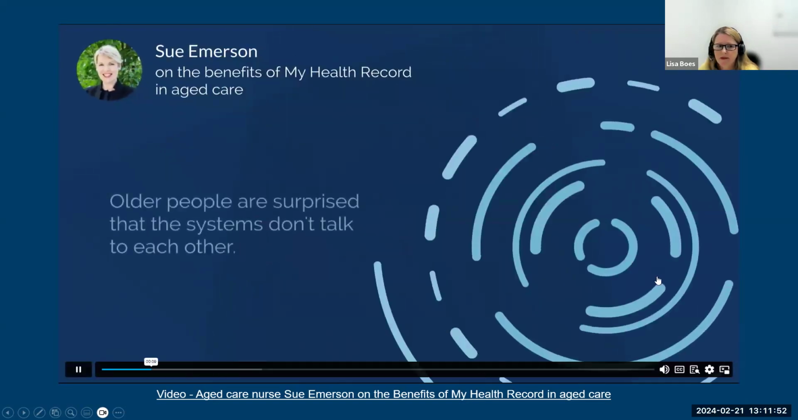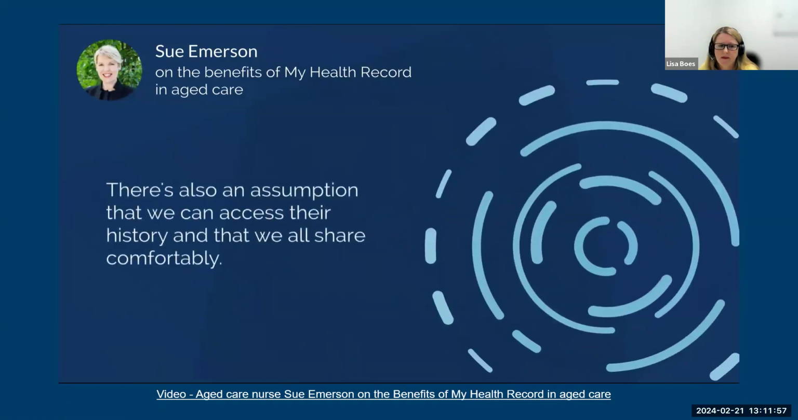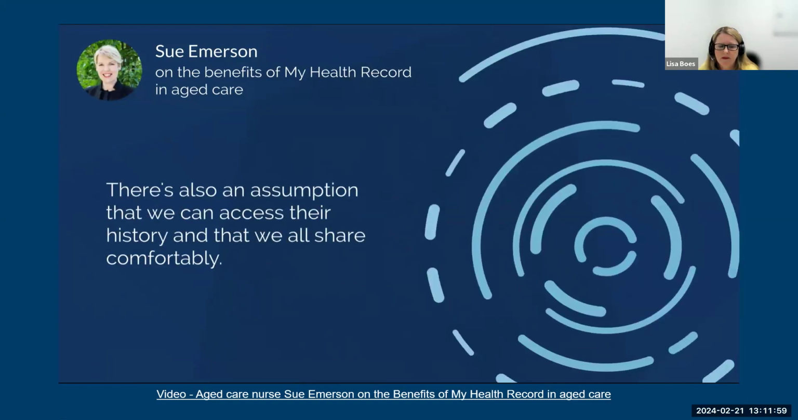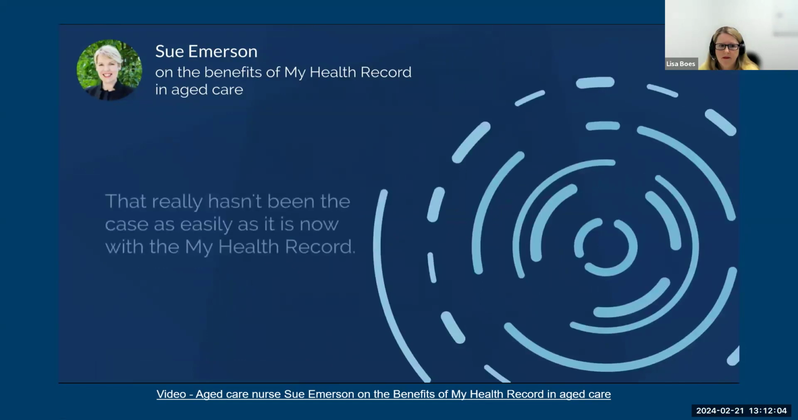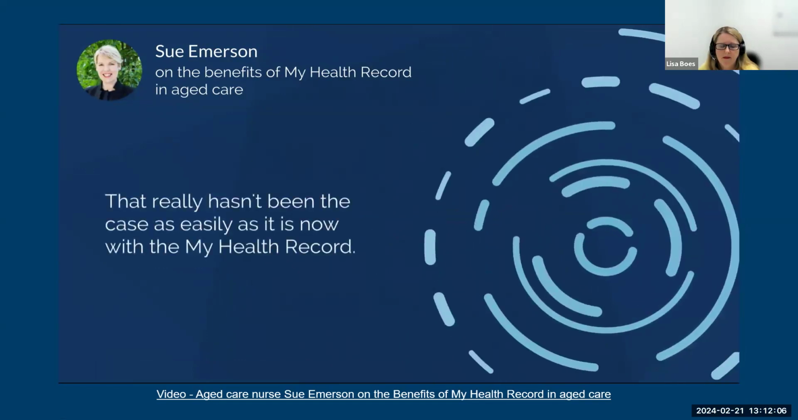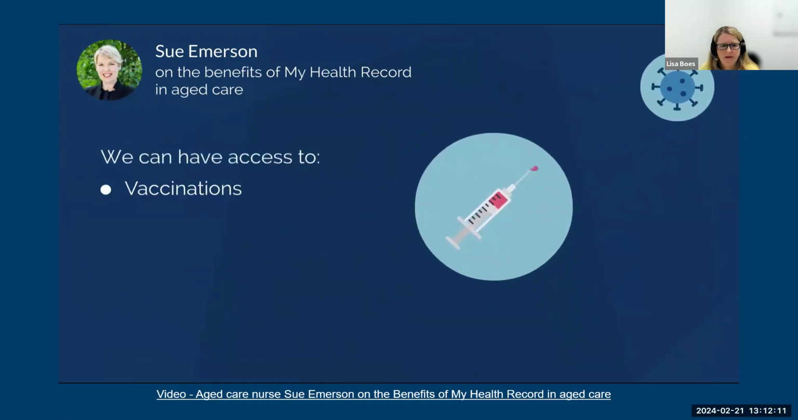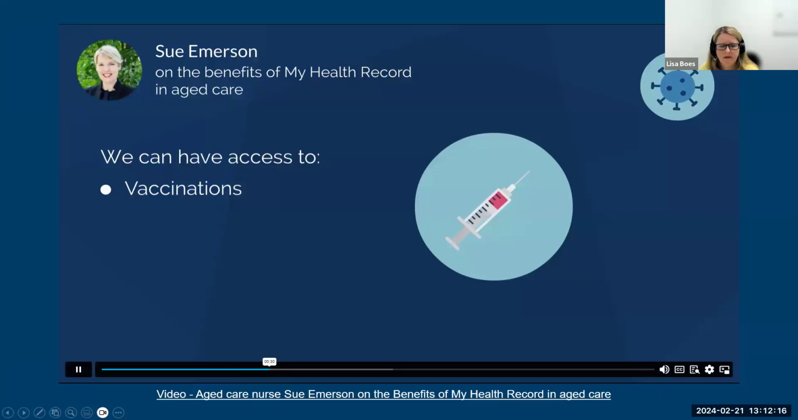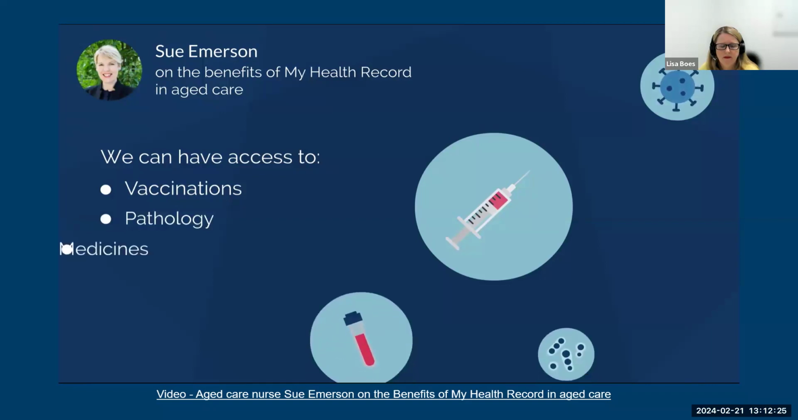Older people are really surprised that the systems don't talk to each other. There's also an assumption that we can access their history, their health information, that systems do talk to each other and that we all share comfortably. That really hasn't been the case as easily as it is now with the My Health Records. We can have access to things like vaccinations. Influenza vaccine has become an incredibly important protective thing for people who are ageing and living in residential aged care and in the community. So, having that sort of immunisation record, having access to pathology, and having access not just